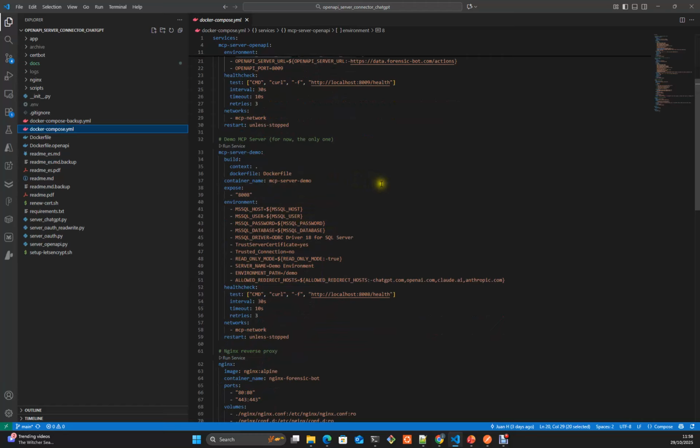In the previous video, when I described how to build an MCP server compatible with ChatGPT, at that time the MCP implementation that OpenAI had done, especially for enterprise subscriptions, only allowed configuring these MCP servers with two tools. One was search and the other one was fetch. This has changed very recently.